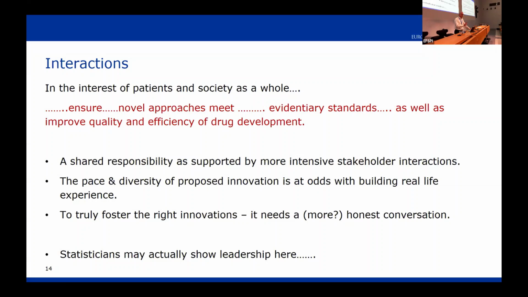And I think, let's start with the traditional way of how scientific advice questions are put to us. Does the agency or whoever find the following acceptable? Which is not a scientific discussion. That's essentially a yes or no answer. But what it also does is put the final responsibility of what is a proper evidentiary standard at the regulator side. And I truly think this is a shared responsibility to patients and society.